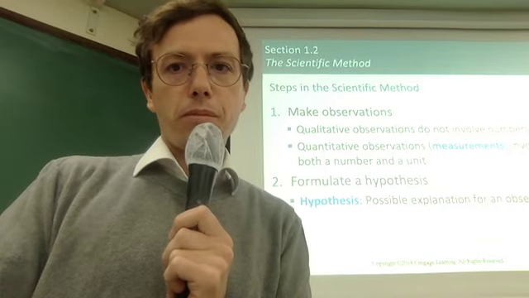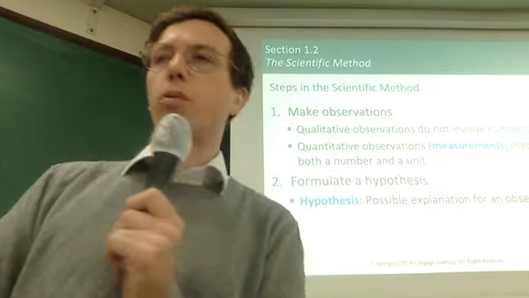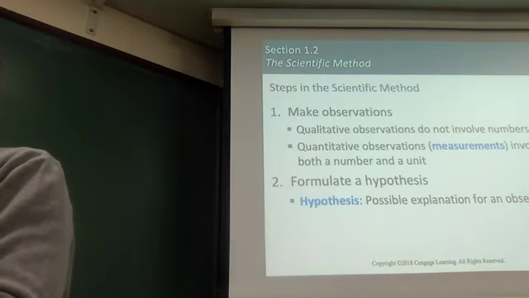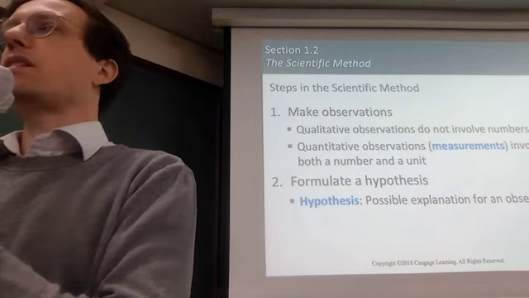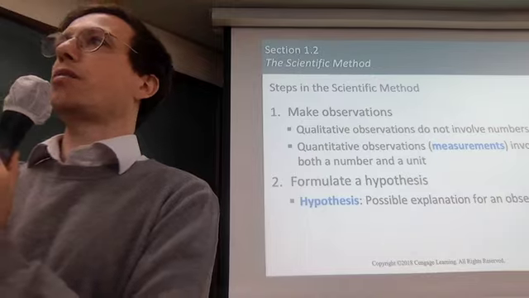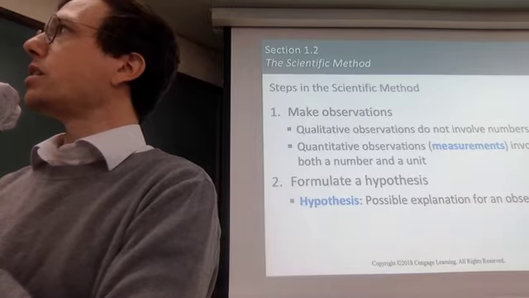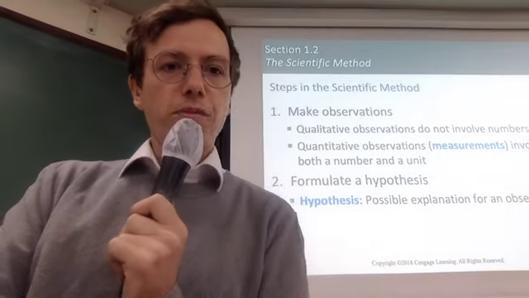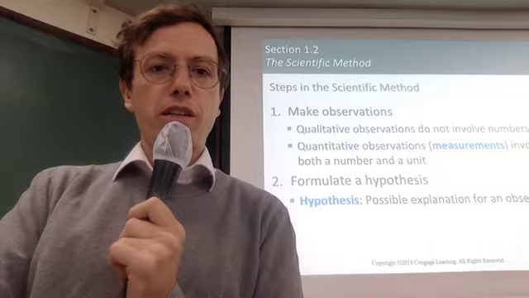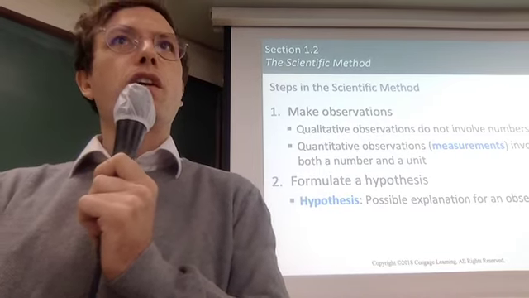Okay, so steps: make observations. There are qualitative and quantitative observations. Qualitative doesn't involve any numbers. It's basically just something black or white, right? Quantitative means we actually observe a number and a unit. And then formulating a hypothesis means we give it a possible explanation. We say, okay,